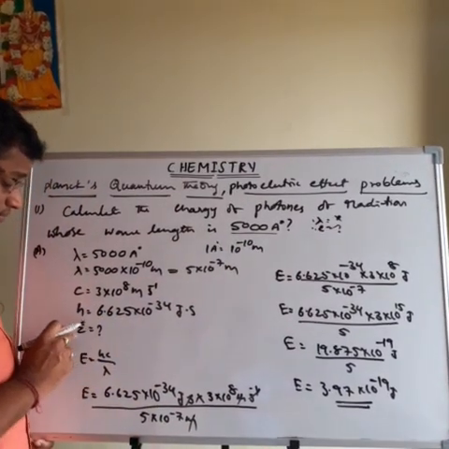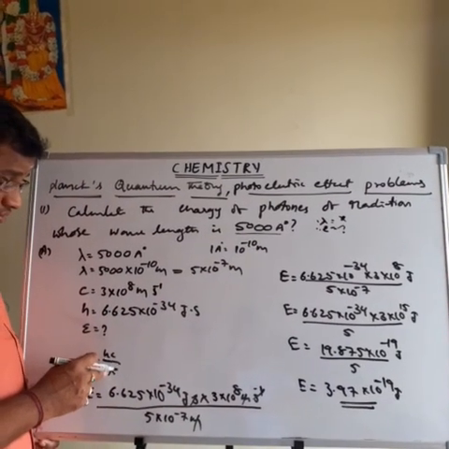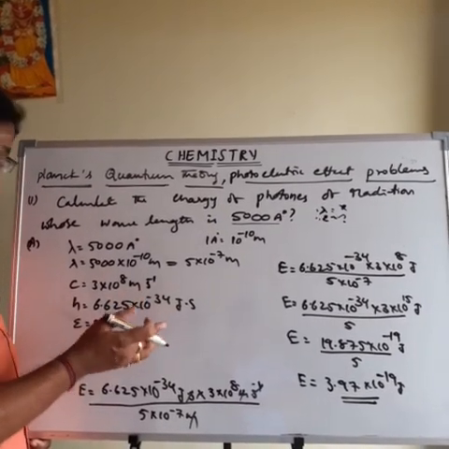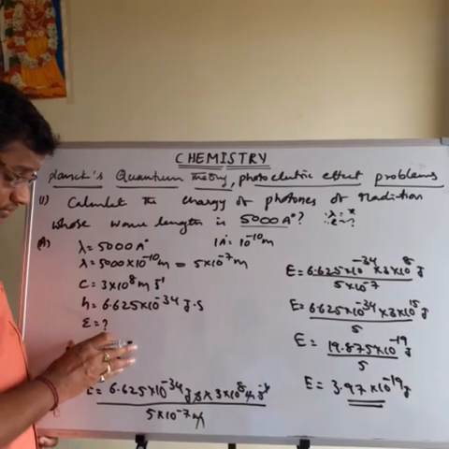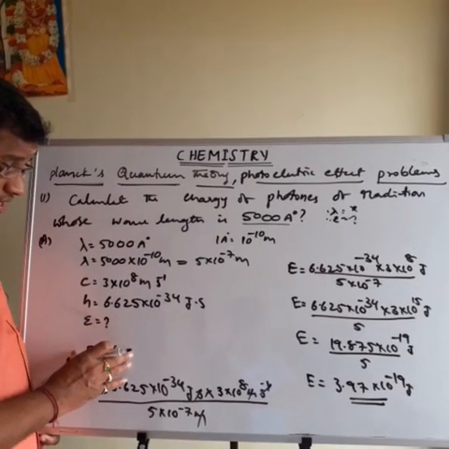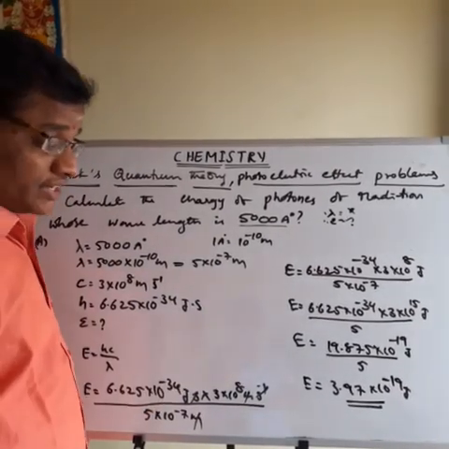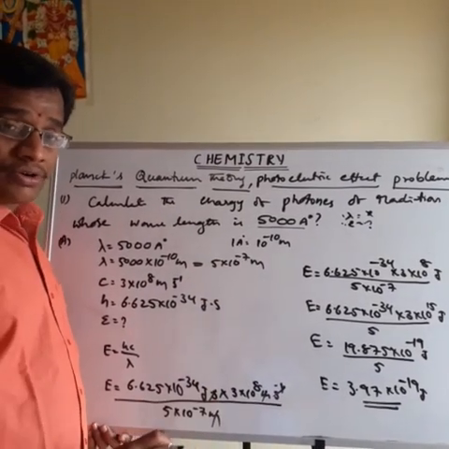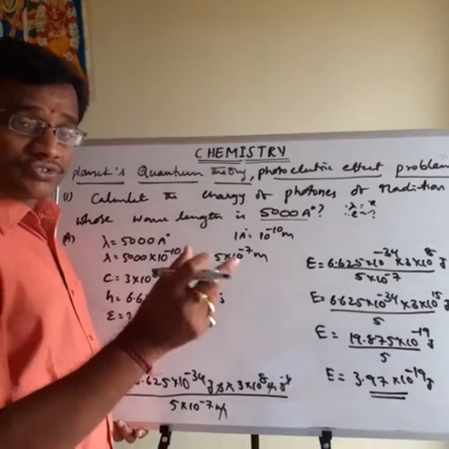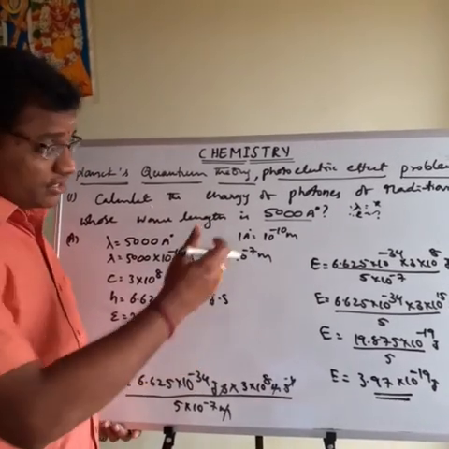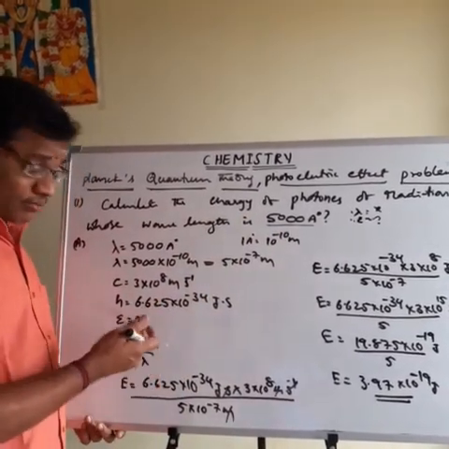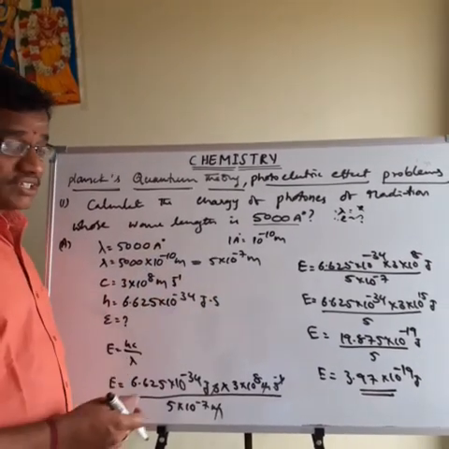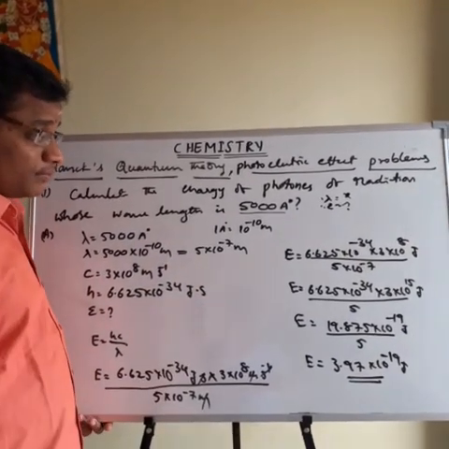The energy-wavelength relation formula is E is equal to hc by lambda. Based on this formula, the H value is constant, the C value is constant, and the wavelength is given. Then take that formula, substitute the values and do the calculation. So this is the method to solve any problem: what is given, what we have to find out. First we think about that, then you have to learn the formulas, very very important formulas. Later we can solve problems very easily. So this is about the first problem.